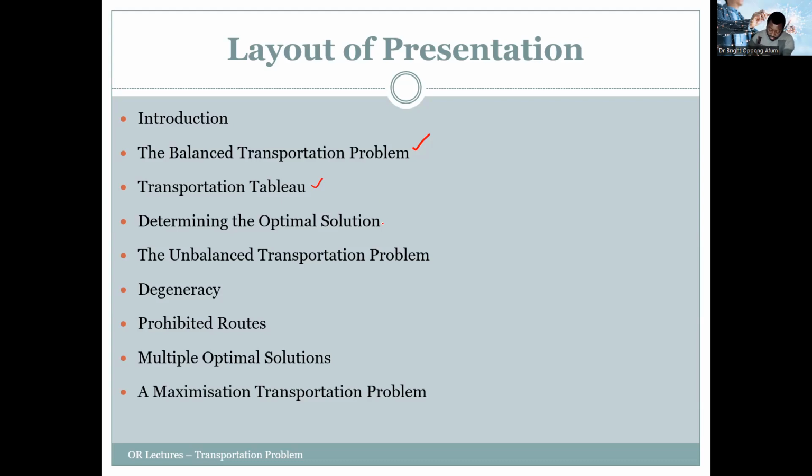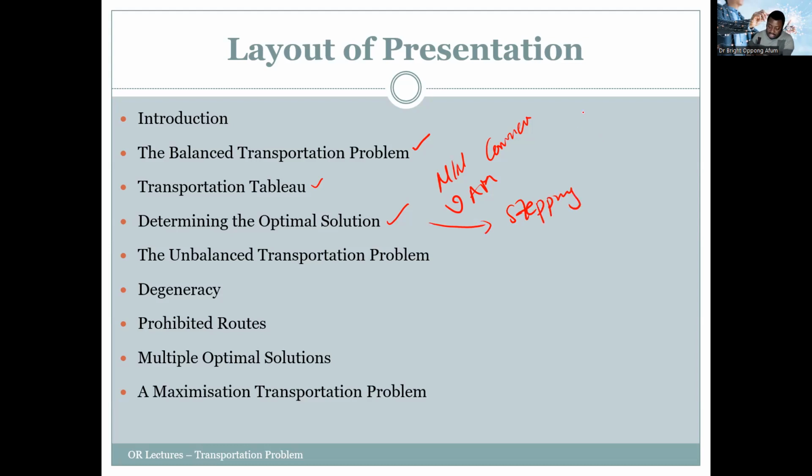So we have gone through how to determine the initial solution using the northwest corner method and also the Vogel's approximation method. Then after obtaining the initial solution, if we want to find the optimal solution, we introduce the stepping stone